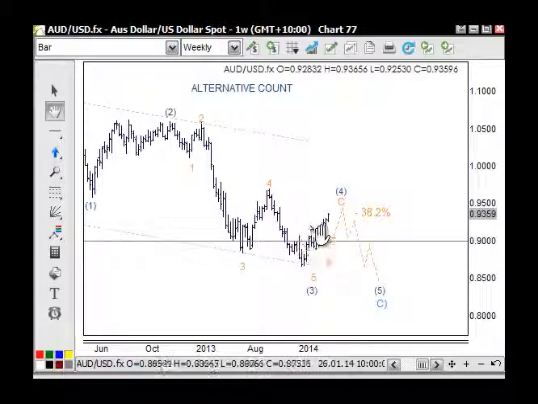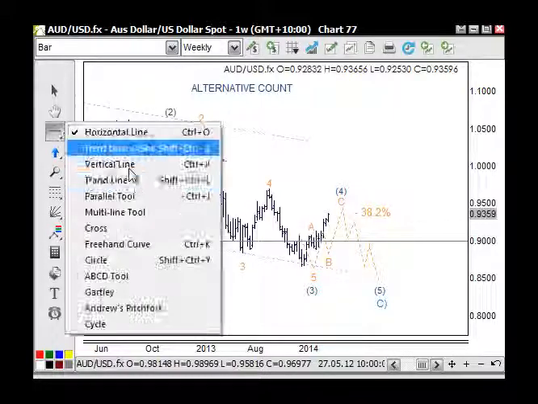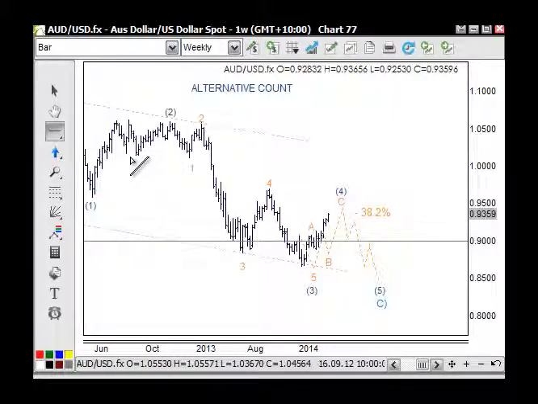So this move up here can be counted as corrective. There's no doubt about that, because it's in three waves here. Okay, so it can fail from here and we'll get another 5th wave down. So we need to take that on board and not be arrogant about that situation. And it is only